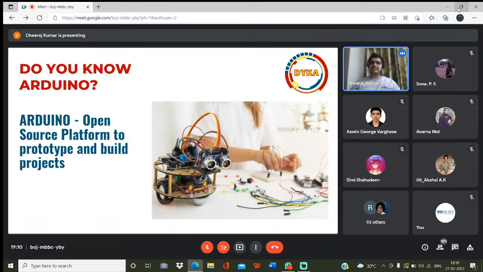However, Arduino is not just a development board. It is a platform, an open source platform. What do you mean by open source? That means all the details of what has been put into the Arduino, and how to connect, are open to the public, which you can use and then make better. This open source platform is for building and prototyping projects. It is used by students and hobbyists all around the world, and it has created a revolution. Millions of students today are easily able to convert their creative ideas into real world projects with the invention of Arduino. Arduino is so popular.